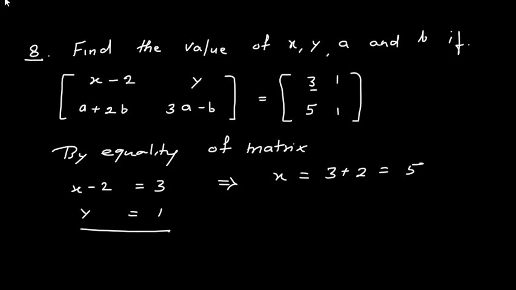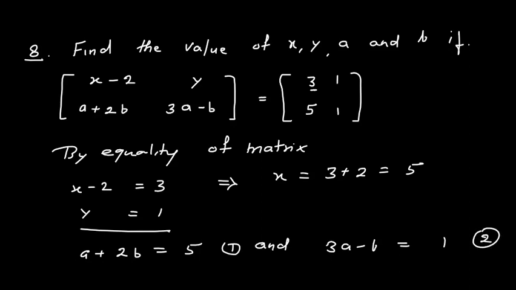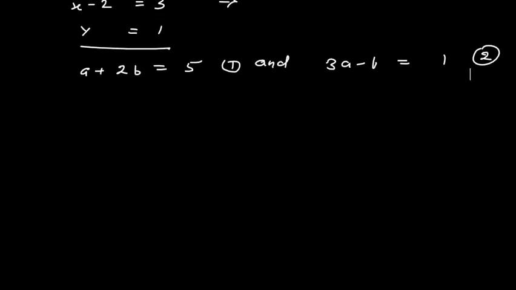Third, a plus 2b is equal to 5, and 3a minus b equal to 1. Okay, let us consider this as equation 1 and this as equation 2. Here we have to solve this linear equation. So we say that multiply equation 2 by 2